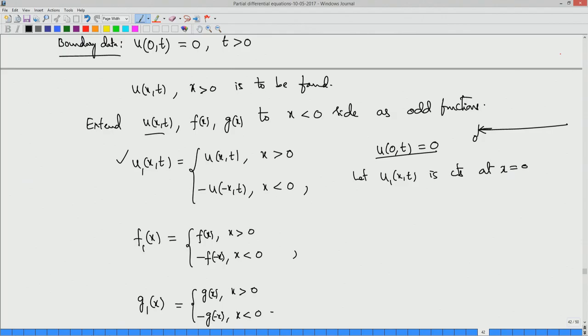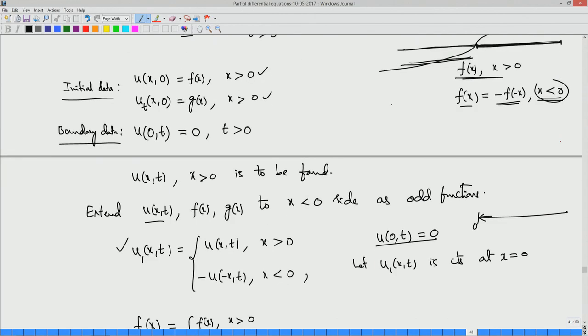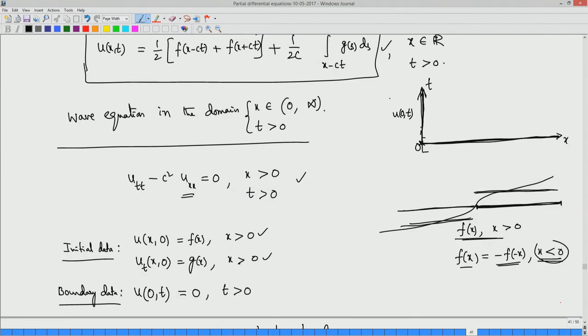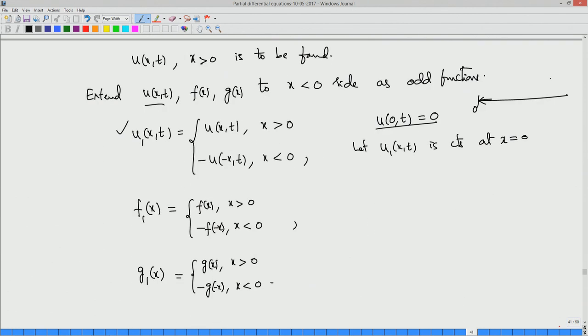It is not like the example I showed. You do not take this continuous function, so that you see it is discontinuous here, and extend it in such a way that it is continuous like this. It is also differentiable, because it has to be. The idea is to extend this domain from 0 to infinity to minus infinity to infinity, so that the extended function will also satisfy